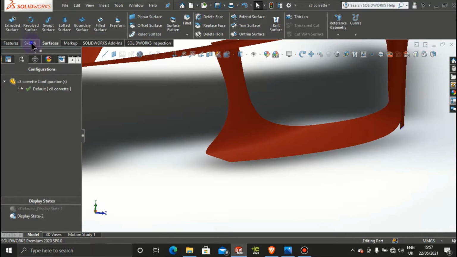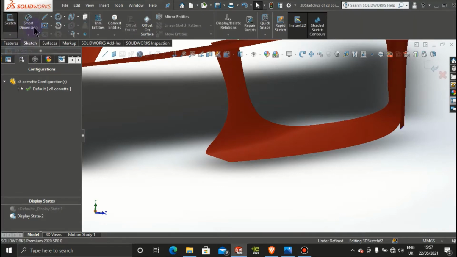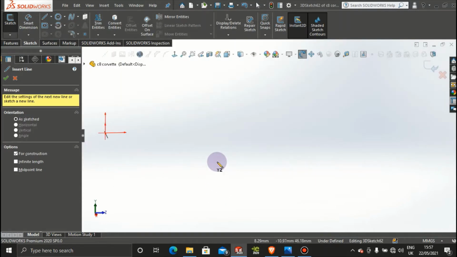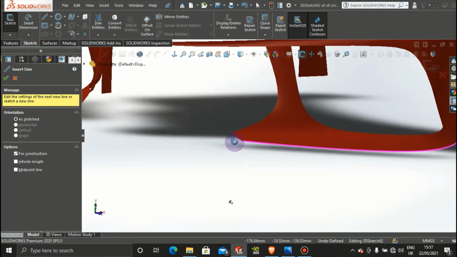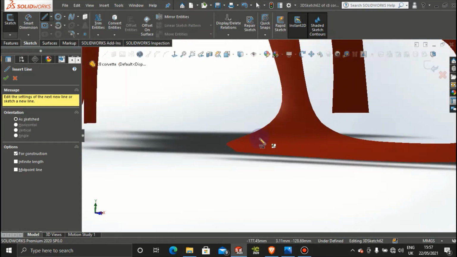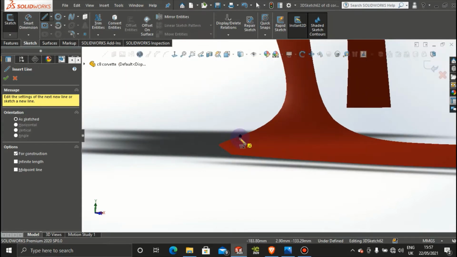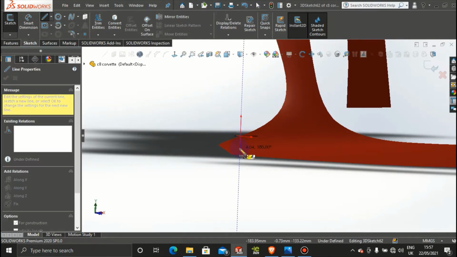So let's grab a 3D sketch, and then let's get a construction line, and then we're going to pull this line down in the y-axis. So not this line, go a bit further up, and then pull it down in the y-axis,